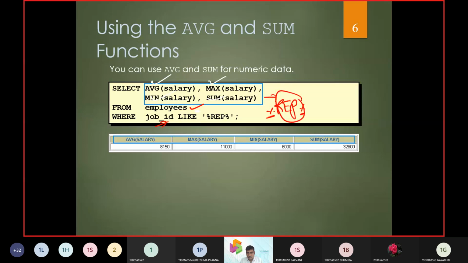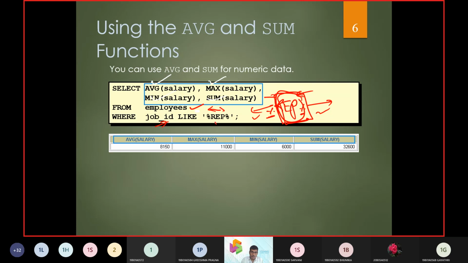So before anything can be there, after anything can be there, but the middle three characters should be REP. That is the condition it is going to check.